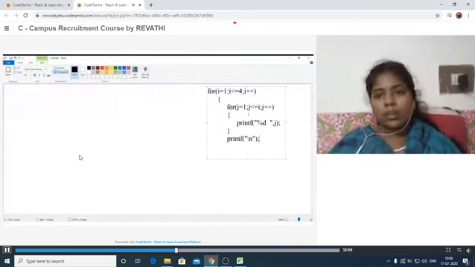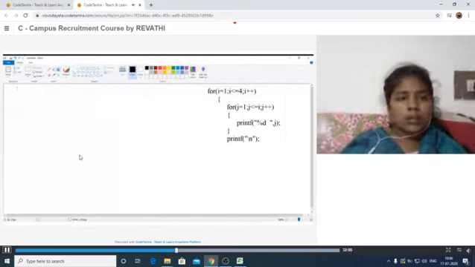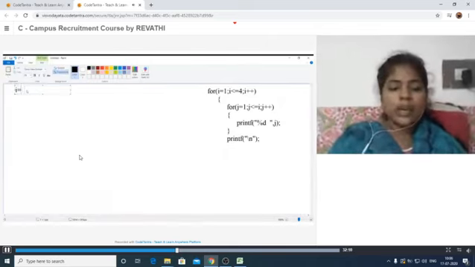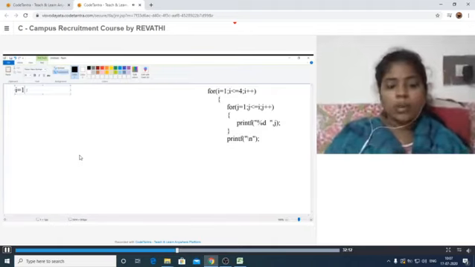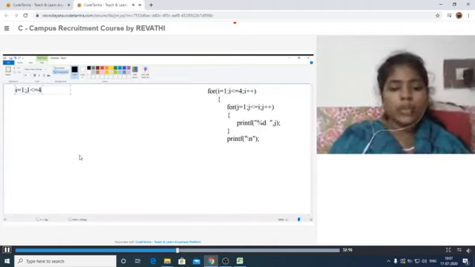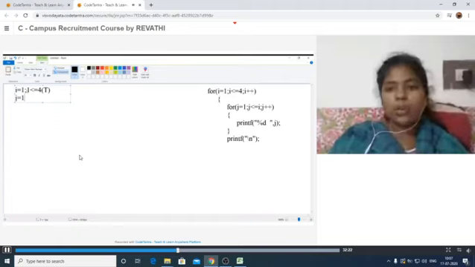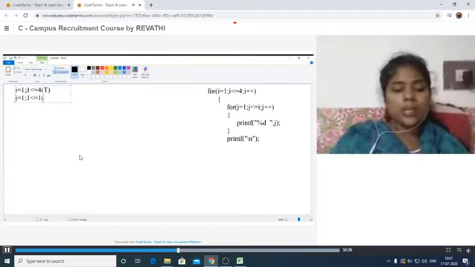See here, there is no need to provide any input, we just have to check the conditions directly. i is equal to 1 here. After that, 1 is less than or equal to 4. Yes, the condition is true. Whenever this condition is true, it enters into j is equal to 1. Next, 1 is less than or equal to 1. Yes, this condition is true.